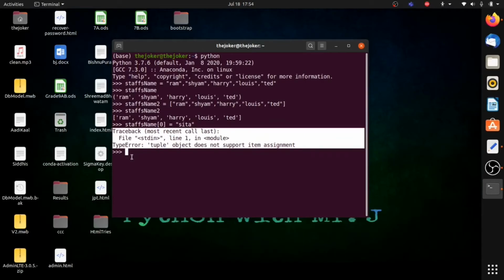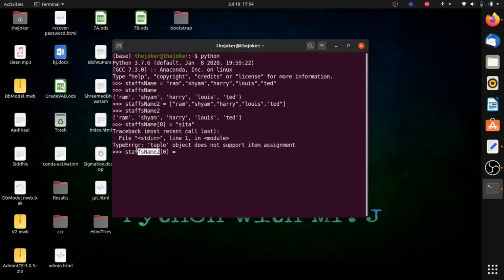But while updating the second variable, staff name 2, index 0, with the value Sita, it does not show any error.